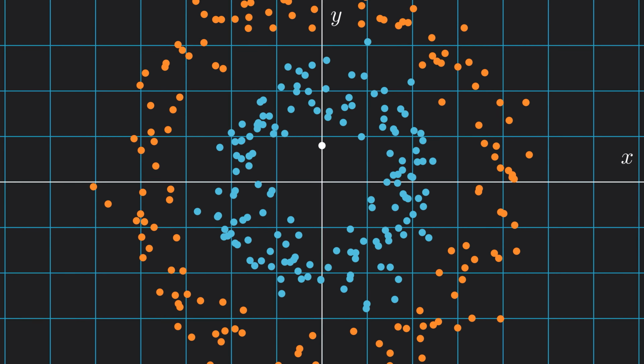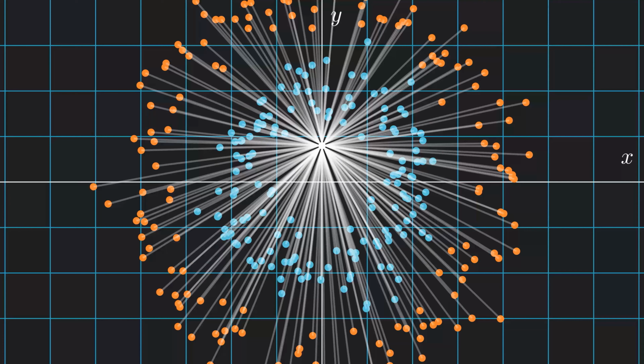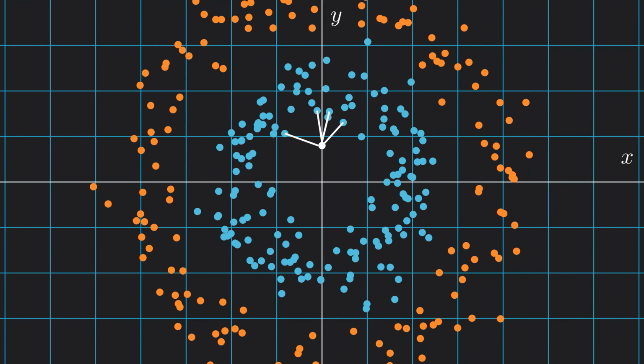Now if you have a dataset like this, it's hard for logistic regression and SVM to split the dataset. Though SVM will be able to split this because of its kernel trick, KNN can solve this problem easily without even sweating. Because if a new point lands in it, we'll just find the nearest neighbors and assign it to whatever the class is. So let's make this algorithm from scratch with Python.